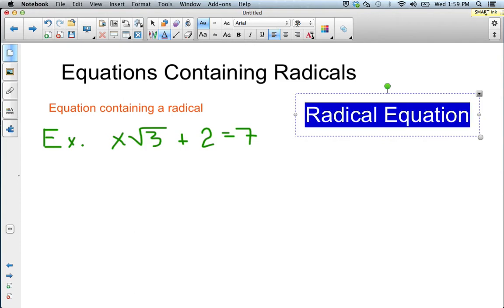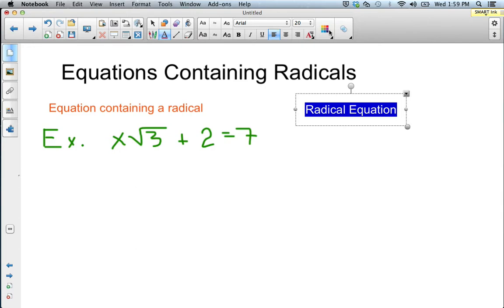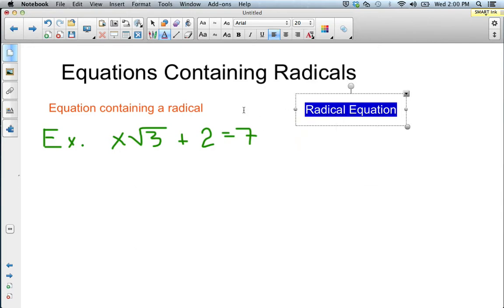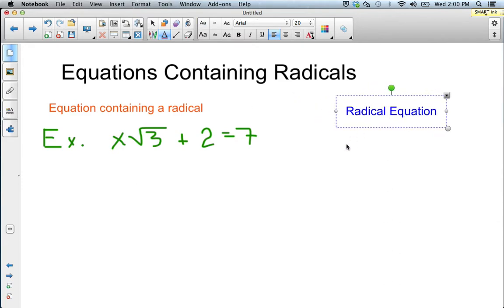Make this a little smaller. We'll go Gator colors, orange and blue. All right, so a radical equation would be something like